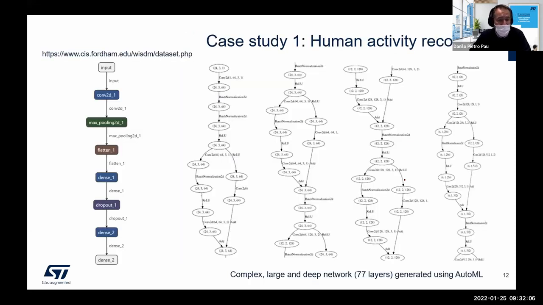So let me play for a while with one problem. My problem in this case is human activity recognition. I have an inertial sensor, which integrates an accelerometer and a gyroscope. I get some triaxial data with a certain data rate. I want to classify my activity. For example, given a carry position of the sensor, I would like to classify my activity as walking, running, sitting, standing, biking, and so on and so forth.